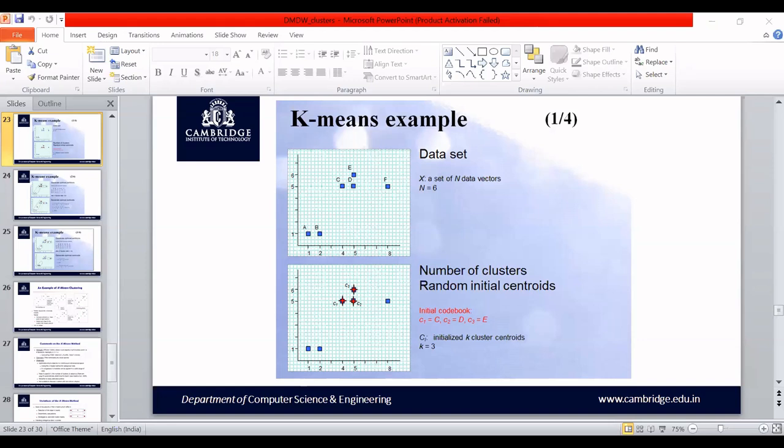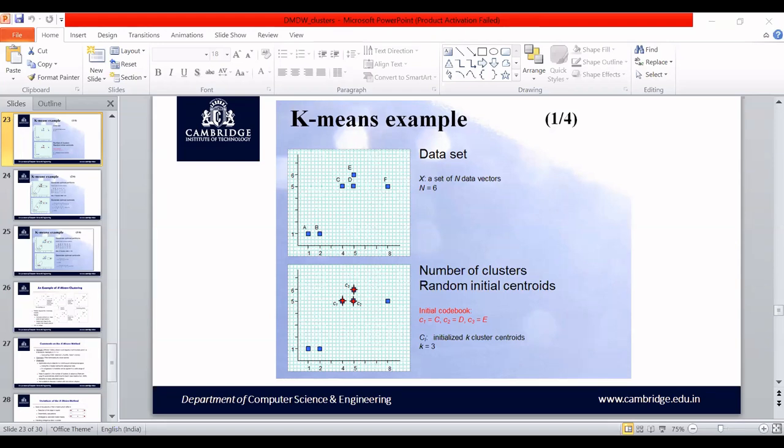So what I did, I have recomputed the centroid value. The new centroid value is 1.2, 1.5. With respect to the new centroid value, I will find out whether data point 3 belongs to cluster 1 or cluster 2. When I checked, the mean square error with respect to cluster 1 is minimum. So I'll add data point 3 to cluster 1. Data point 3 is added to cluster 1.